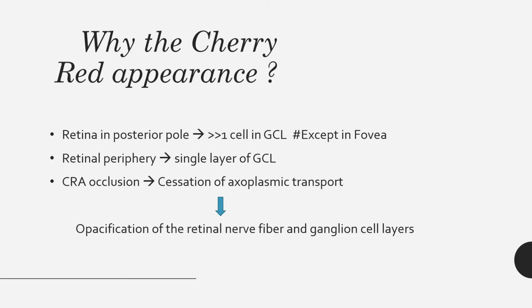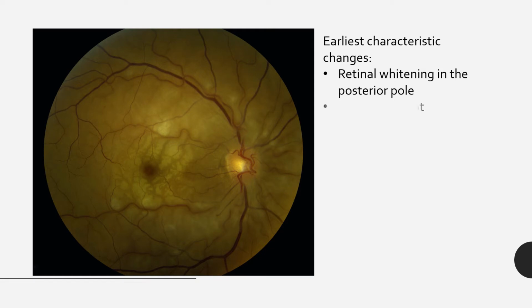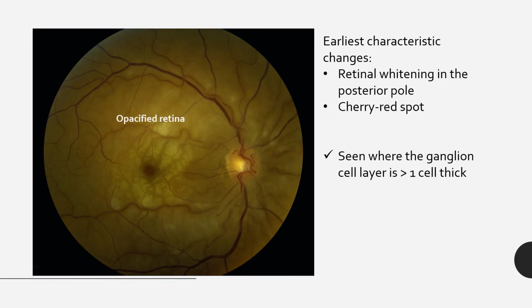Central retinal artery occlusion causes cessation of axoplasmic transport. This, in turn, leads to opacification of the retinal nerve fiber and ganglion cell layers. The earliest characteristic changes seen in CRAO are retinal whitening in the posterior pole and cherry red spot. This is seen where the ganglion cell layer is greater than 1 cell thick, except for in the fovea and